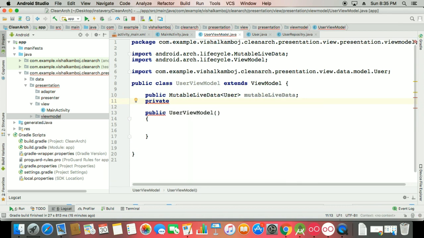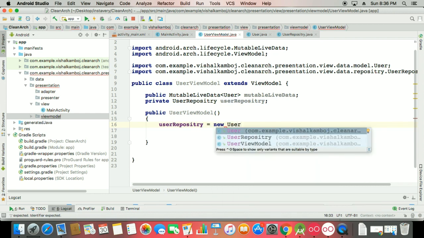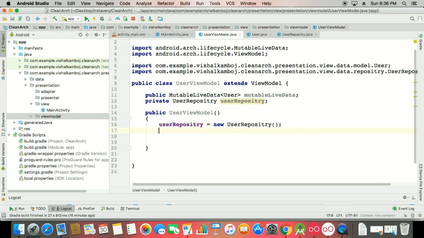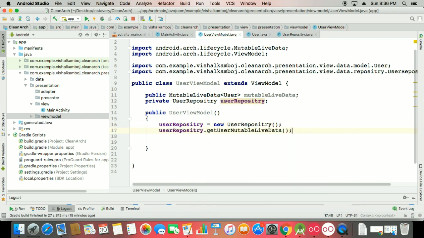So that's our user repository, and user repository equals new user repository, and user repository dot get mutable live data, and I need to put this in my mutable live data. Okay, so that's what we need to call.